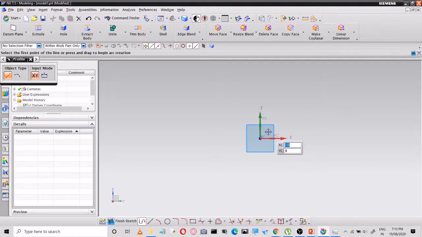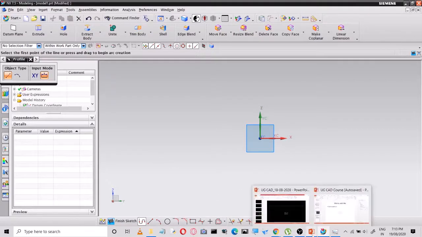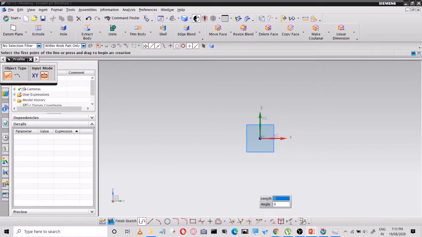Okay. So you can provide the values and start it. Okay. If you click here, you just look out. Now it is asking for length and angle. Length and angle. Now the angle measurement system is the same as you studied in computer aided machine drawing, that is in Solid Edge.